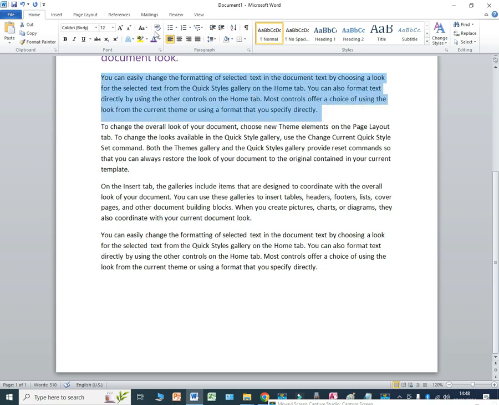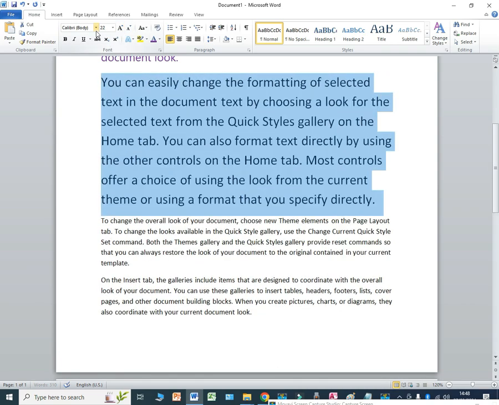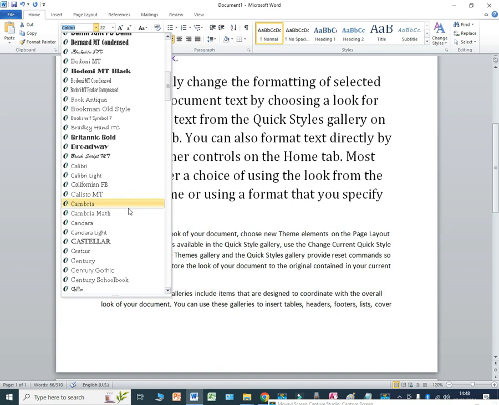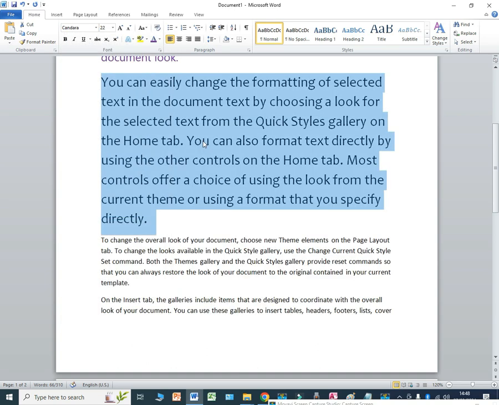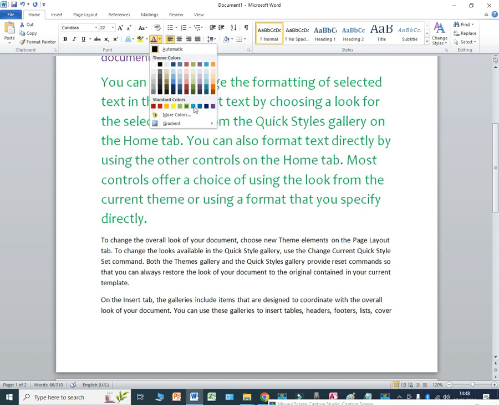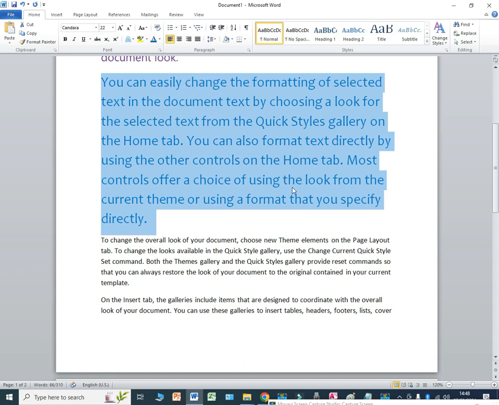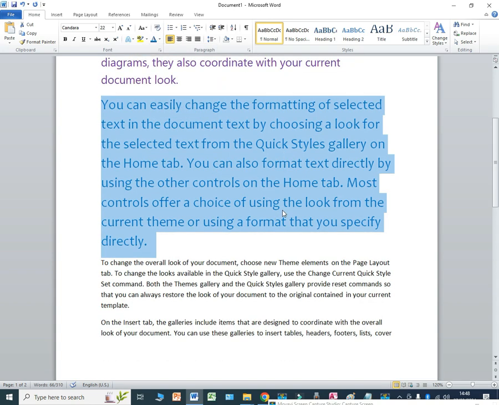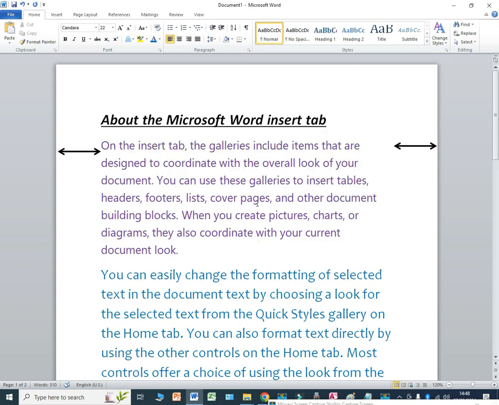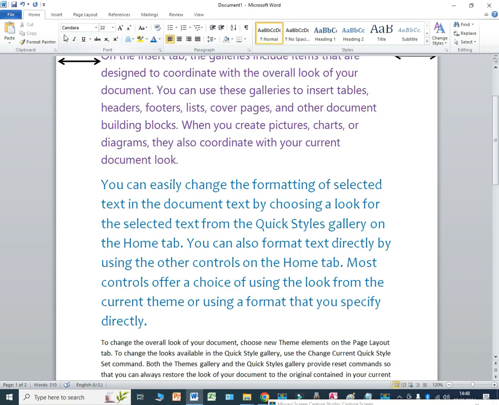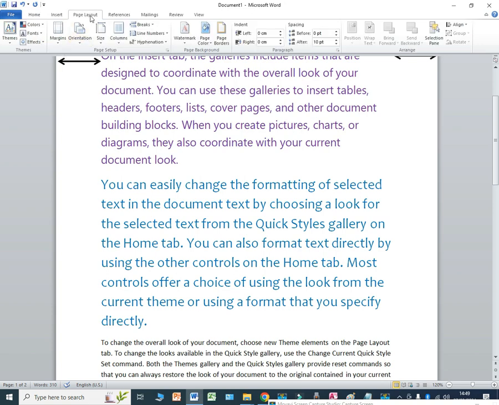You just highlight, increase your size, come here, change to the text style that you want. You get Candara, and then change the color to something that you want. And remember, when you're doing that, the bright colors go with the dark colors, and the dark colors go with the bright colors. So a dark color, for example, if I change the page color, page layout, and then page color to black,